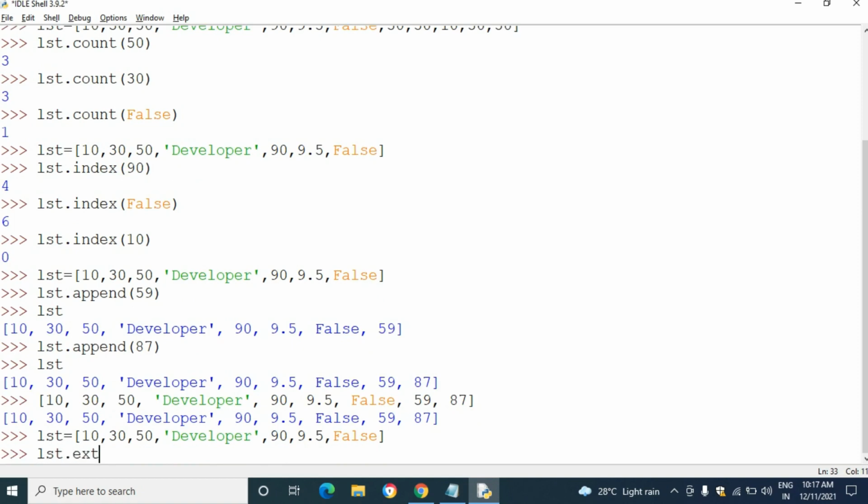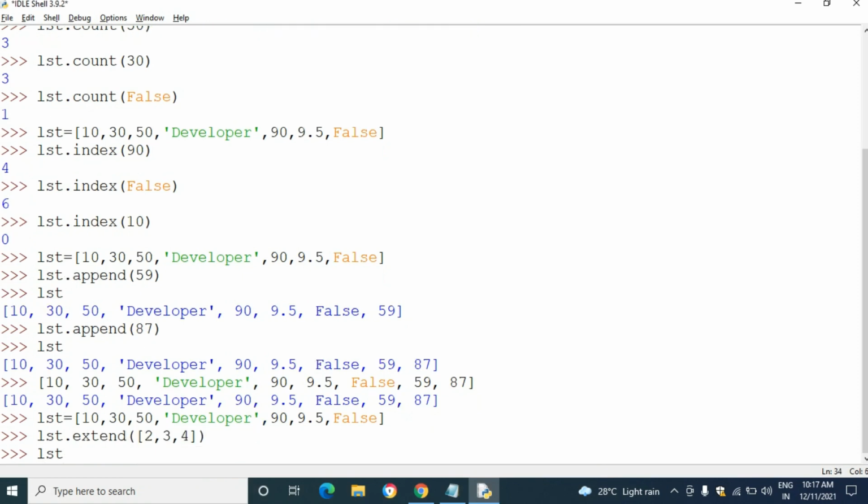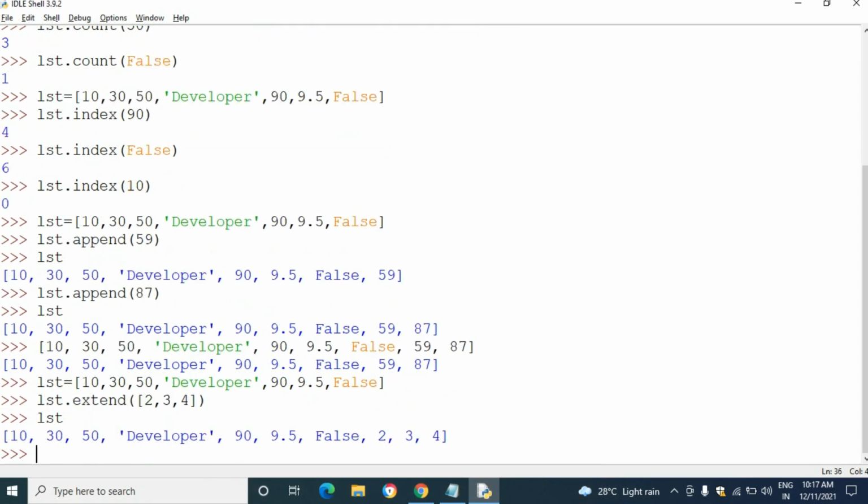Okay, I want to add with extend: 2, 3, 4. I want to print the lst.